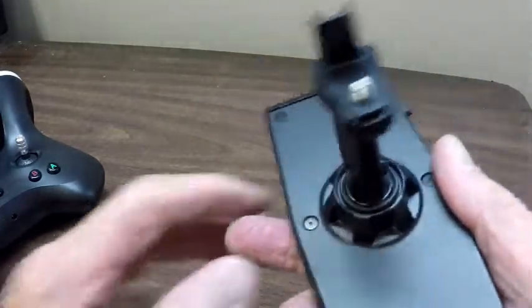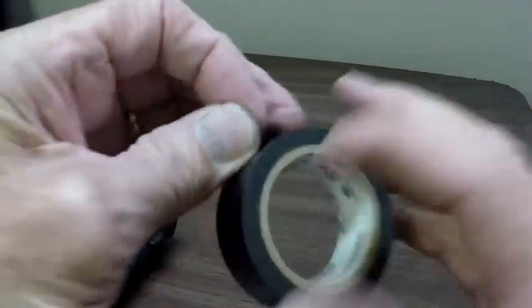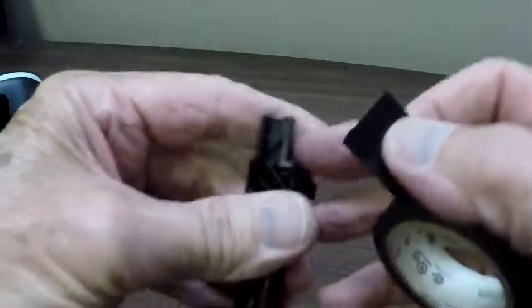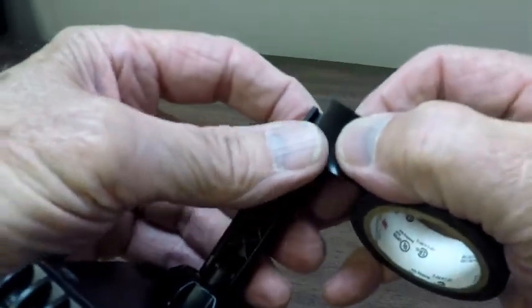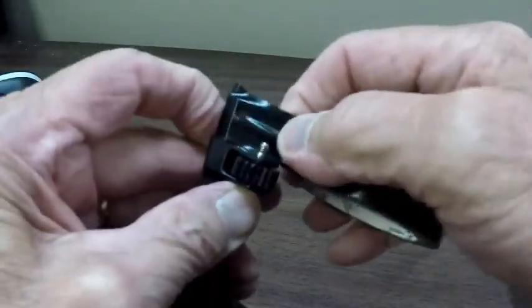So here's what I have figured out that I do, and it helps. I don't think it's the ultimate answer, but this is a roll of black electrical tape. And so I take and I pull a little bit up, and I stick it on the back here. I don't know if you can see, I'm just sticking it on the back. Make sure it's there nice and tight, bring it around,